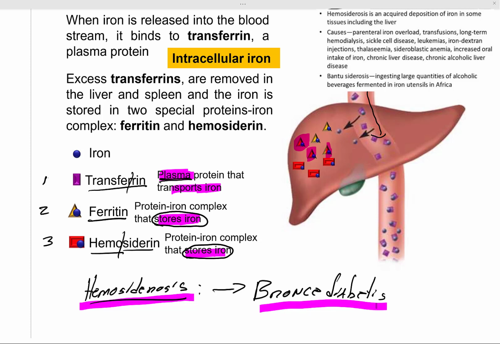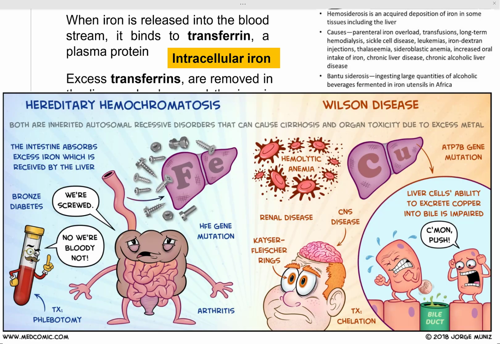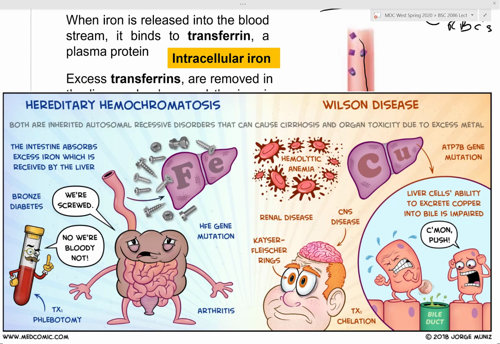So this is a lady that lives in Alaska, and when she goes to the doctor, she's all tanned, and her glucose levels are high. And the doctor says, "Hey, you look tan. Have you been to Miami?" She goes, "No, I never left Alaska." So she looks really tan. That's why it's called bronze diabetes, because you have a bronze color on your skin. And diabetes because it increases the chances of becoming diabetic, because as the iron deposits in the tissues, it damages your pancreas, as well as your liver and all the organs. Okay?